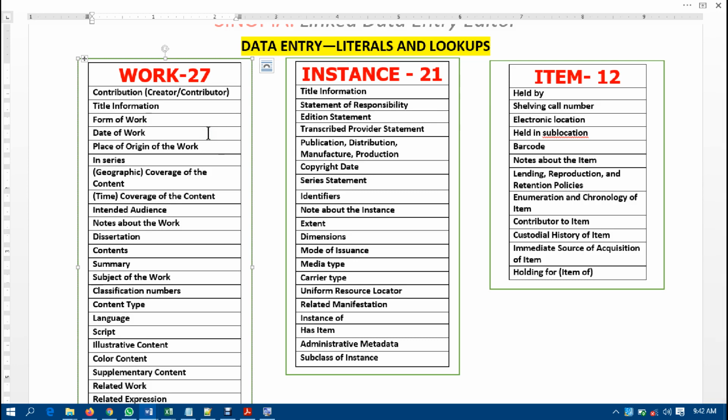And those of you that are familiar with NewGenLib, I am always mentioning Koha and NewGenLib because they are the most popular integrated library management systems mostly used in Nigeria.